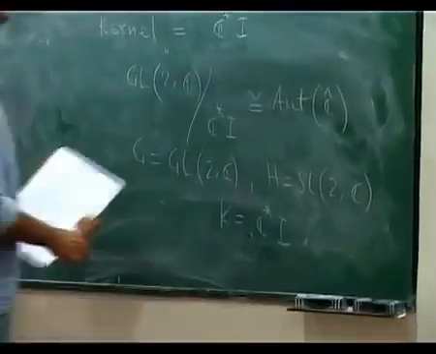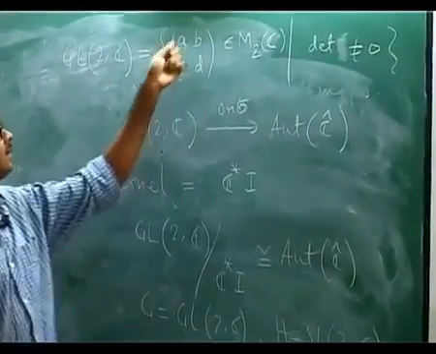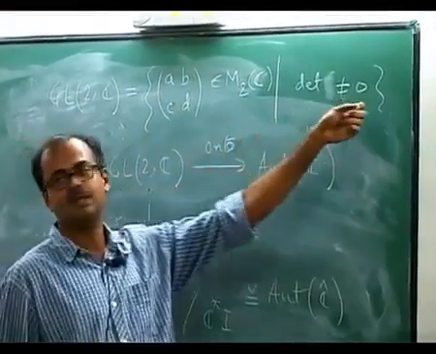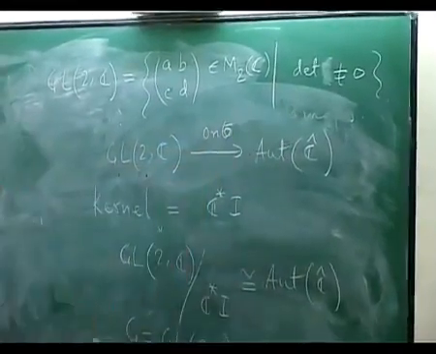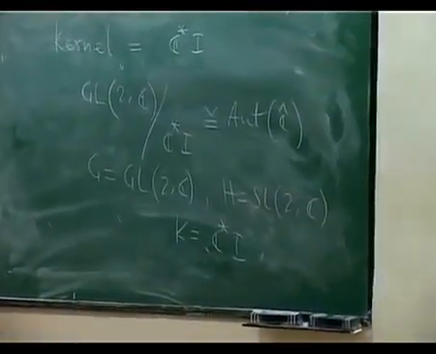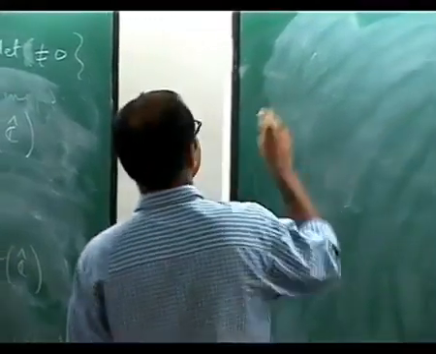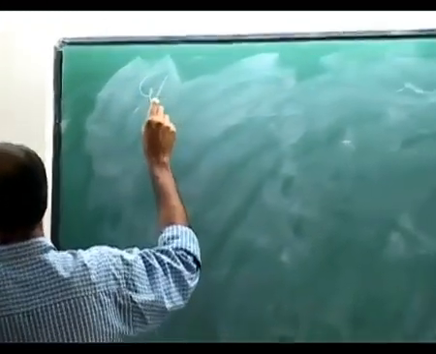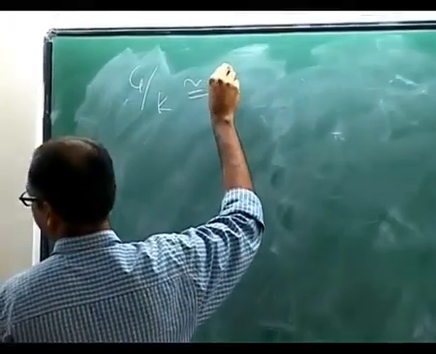So SL2C is a subgroup of this group, which is defined by the 2 by 2 matrices with determinant exactly 1, not just non-zero determinant. So that's a group. So that's our H. So what we have proved is G mod K is isomorphic to